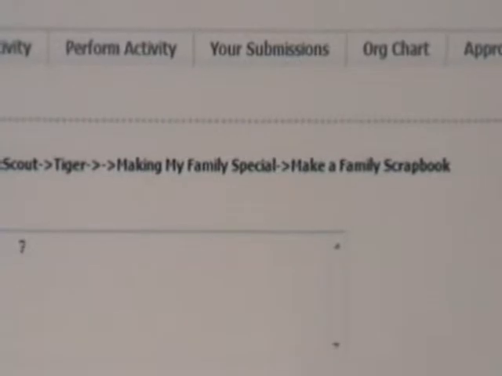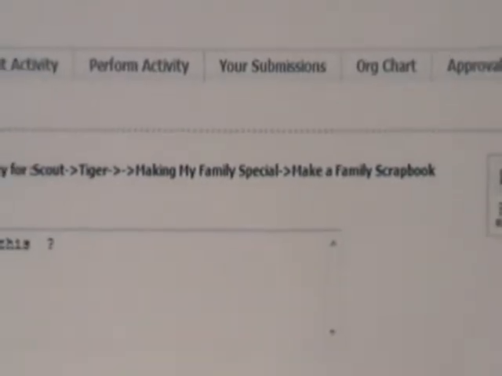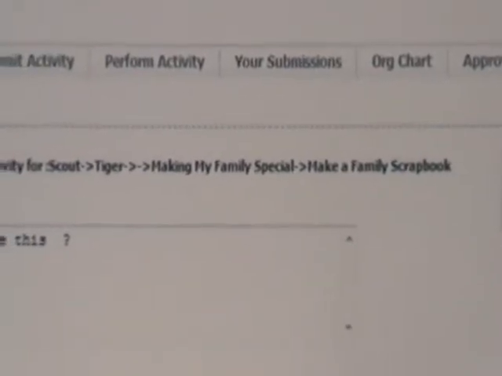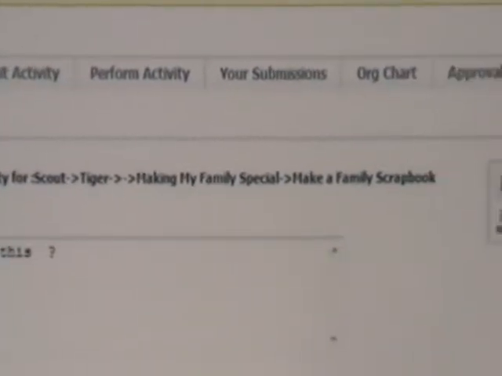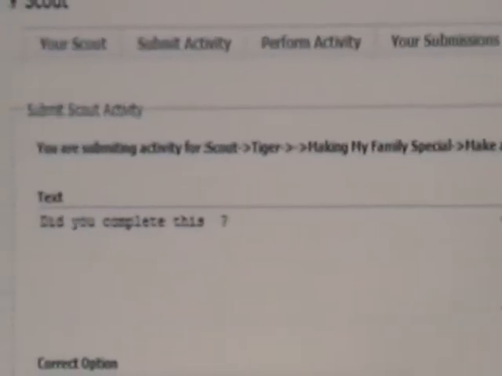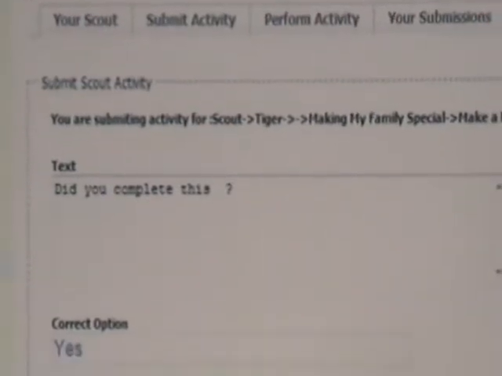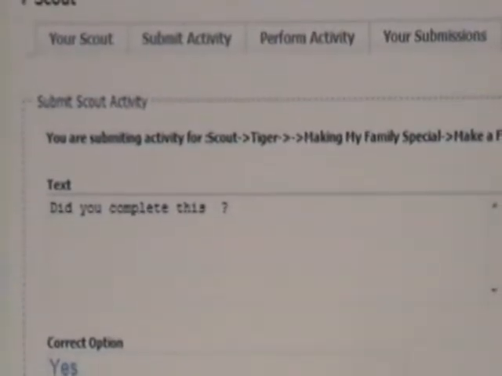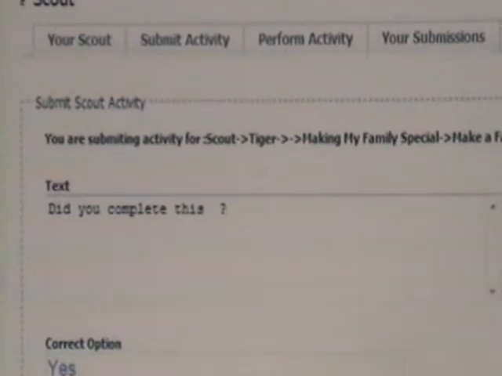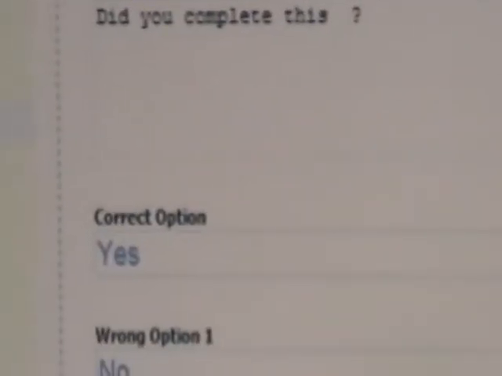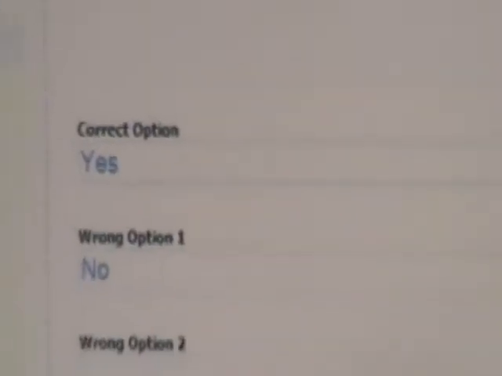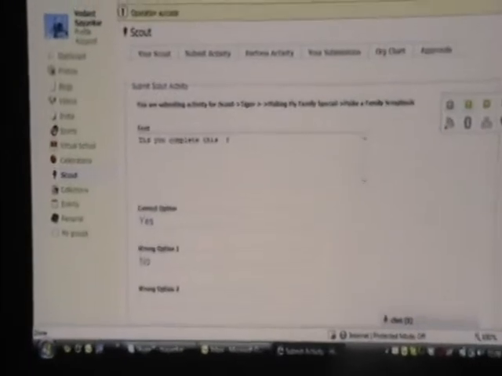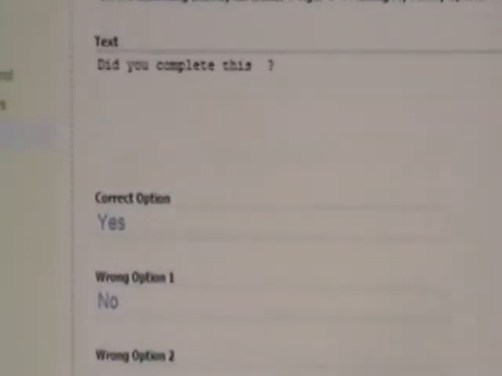enter an activity for that particular item from the Scout Tiger, making my family special, make a family scrapbook. That's one of the activities. The question will be, this is a question text, and it is going to ask you whether you completed this, and there are sample answers, like yes, the correct option is yes, and the wrong option is no. So then go to the bottom and enter the video link.